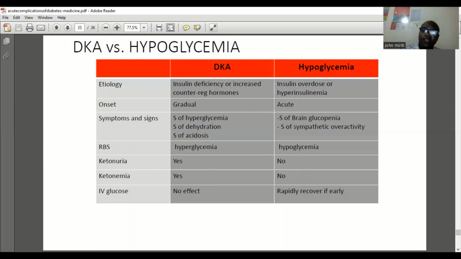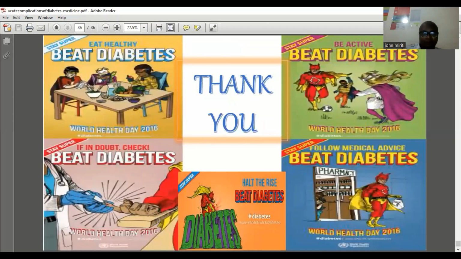When you give IV glucose in DKA, there is no effect, but when the patient is given IV glucose in hypoglycemia, they recover very fast. So, in simple terms,